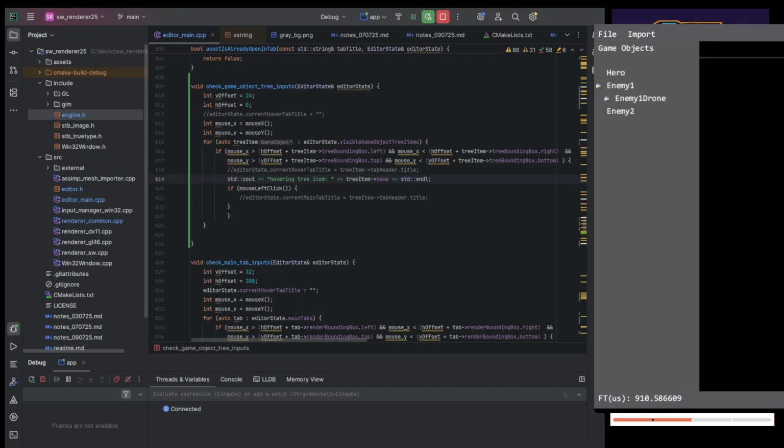Come on. 112 to 122. So I think the actual offset should